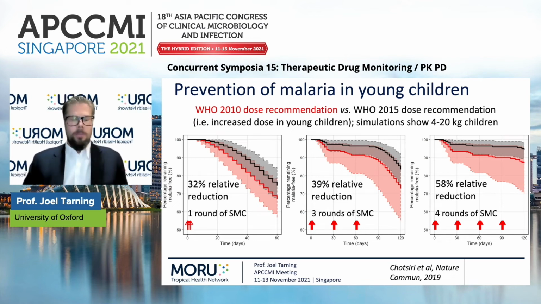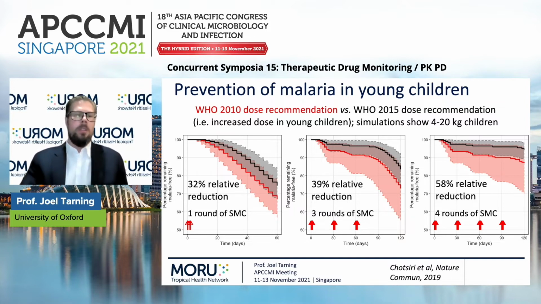We then used the developed PK/PD model to simulate some dosing scenarios. So we looked at the 2010 dose recommendations that were published and used in this trial, and also the revised dose recommendation with the higher dose in young children that was published in 2015. So we simulated children between 4 and 20 kilograms. And we wanted to do this to evaluate how the dosing affected the malaria incidence when we're talking about prevention